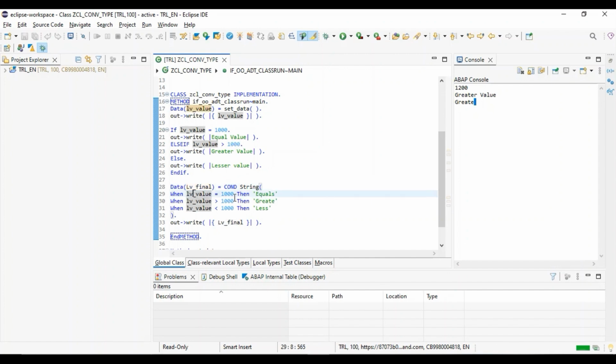So if the LV value is equal to 1000, then we are returning equal. If greater than 1000, then greater; lesser than 1000, then less. LV final we are printing it out. So one observation: you can see here, the LV value comparison we are doing is the same